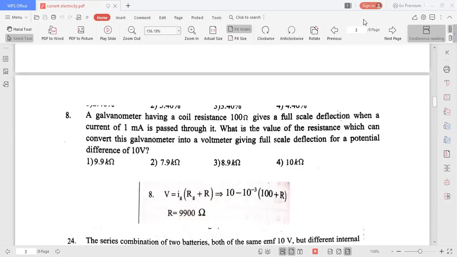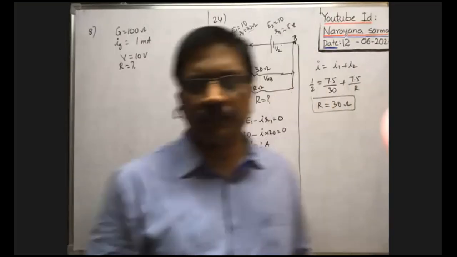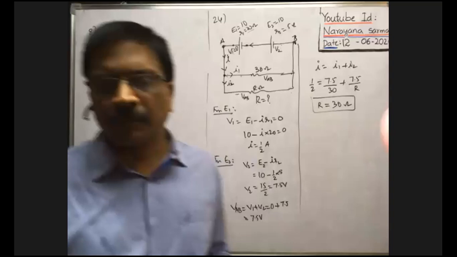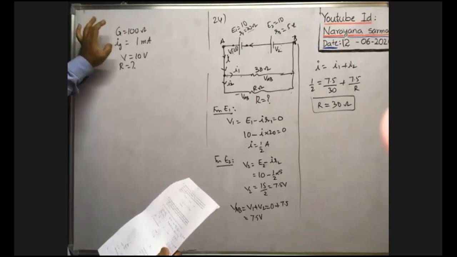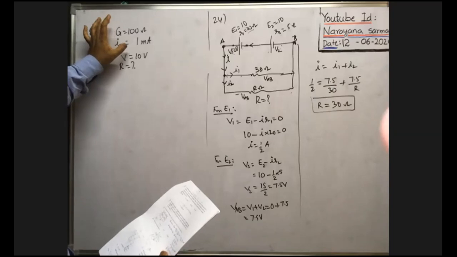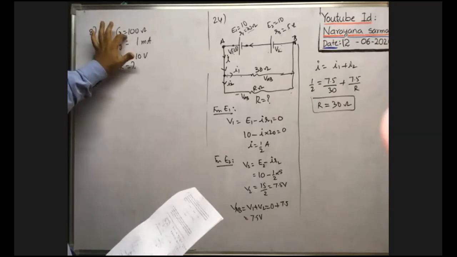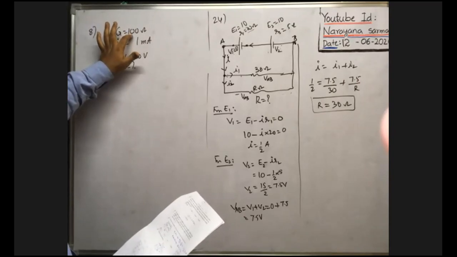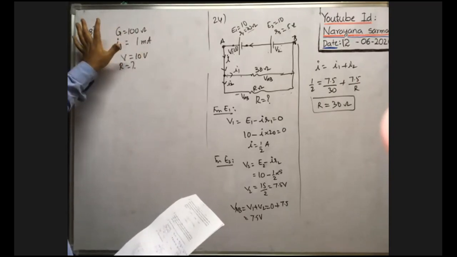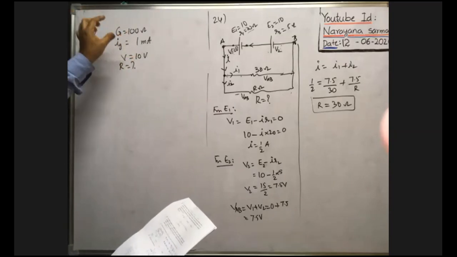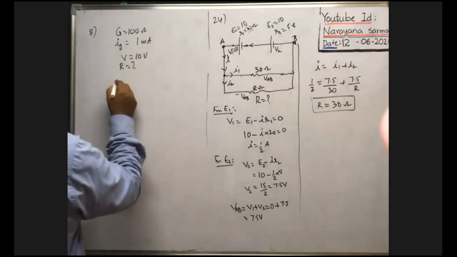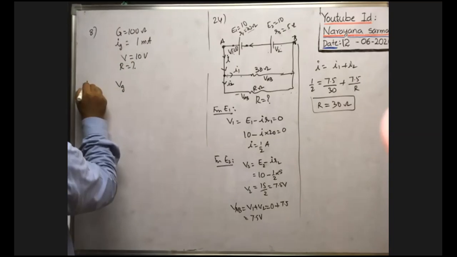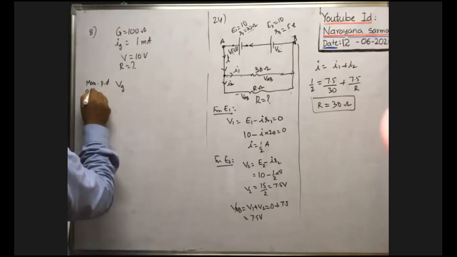Okay, now all of you look at the board. A galvanometer having a coil resistance of 100 ohm gives full scale deflection current 1 milliampere. Then what is the maximum potential difference that can be measured with the help of this galvanometer? It is Ig into G, that is 1 milliampere into 100, which is 10 to the power of minus 1 volts, which means 0.1 volt. That is the maximum potential difference that can be measured with the galvanometer, that is, the maximum PD across the galvanometer.